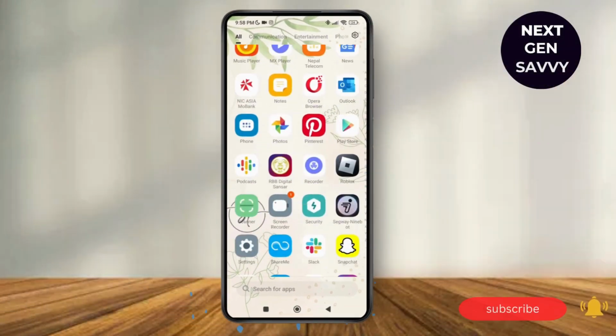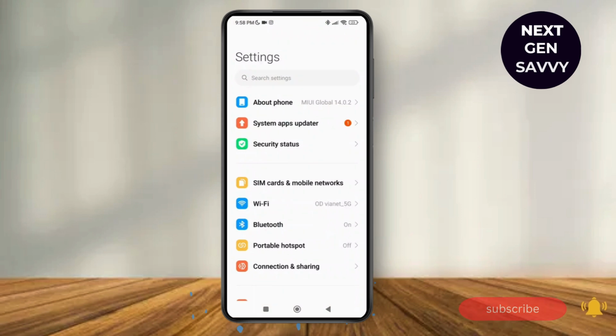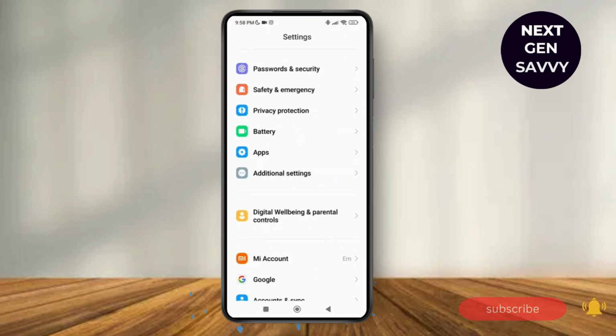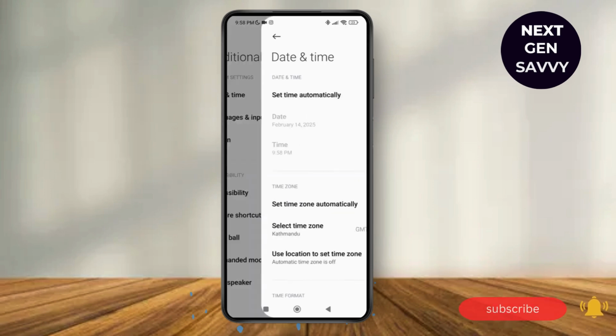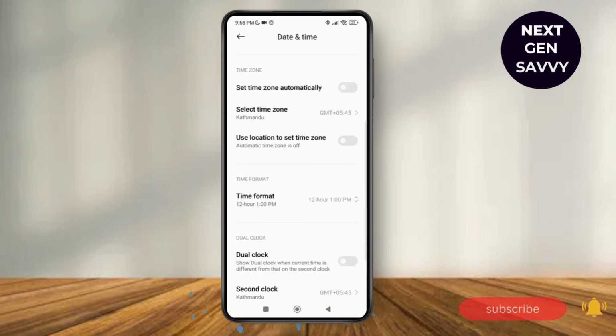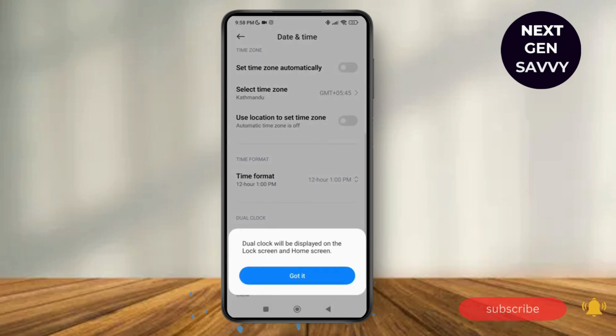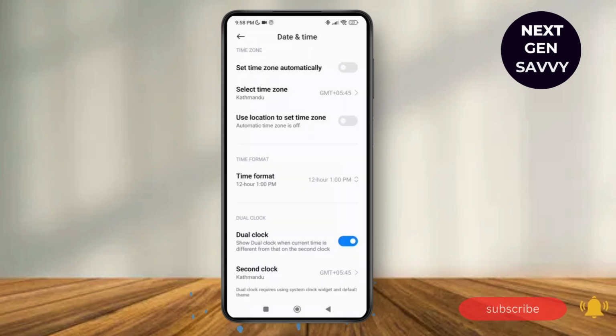So first of all, launch the settings application on your device, and as you do that, scroll down and tap on additional settings. Here select on date and time and then scroll down, and here you can see the option of dual clock. So just toggle on this option over here and then tap on got it. Now as you do that, just go back